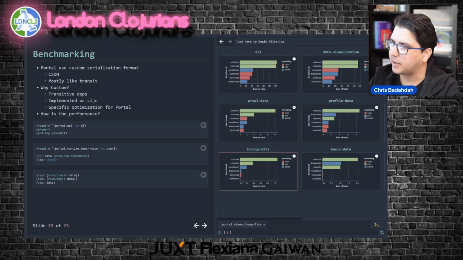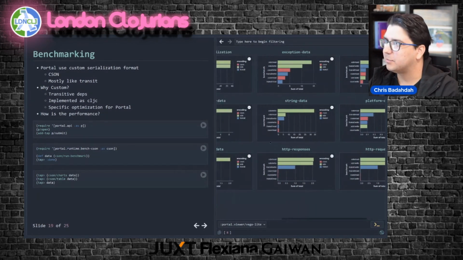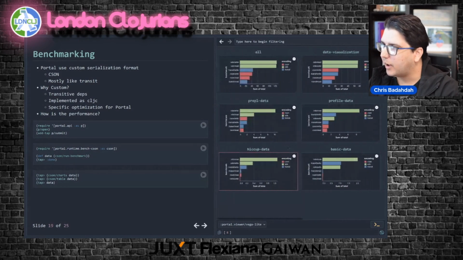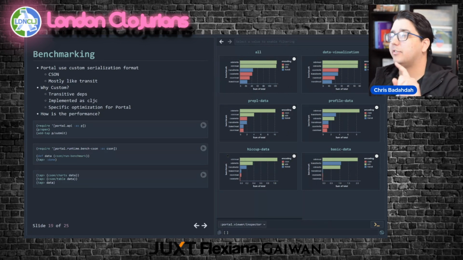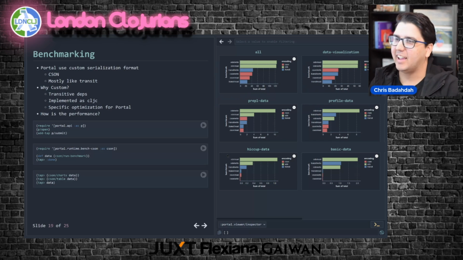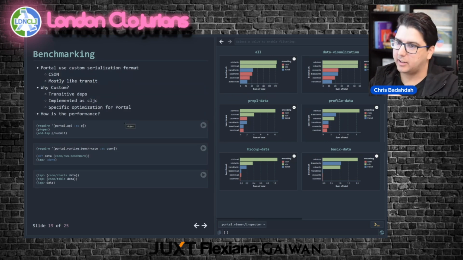I would have expected there to be a dominance one way or the other, but they actually trade punches. Sometimes Eden can be fast, sometimes it can be slow. So I think this is just interesting, and it's easier to see that by building out this visualization. The other advantage, by the way, of having a custom serialization format is that it is CLJC, which means that the serialization format works out of the box for Clojure, ClojureScript, and Clojure CLR, which is, I think, really cool. Because it made my port to the Clojure CLR, building out the server for the Clojure CLR, much easier, because the serialization format is just a CLJC file.